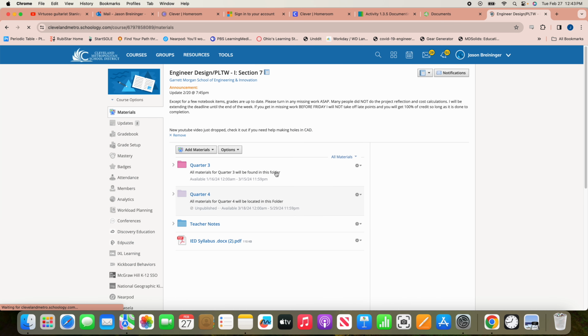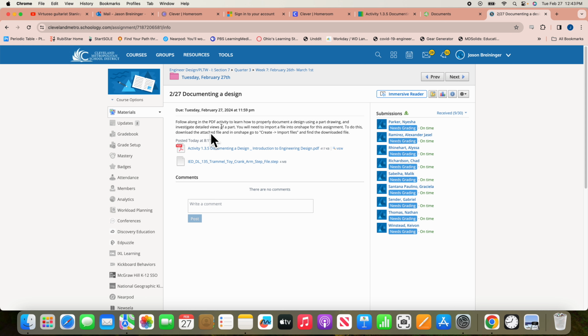So in this video I'm going to be going over activity 1.3.5, which is in here. It's called documenting and design. And what we're going to do with this one is look at what a title block is and create a part drawing with a detailed view of this Trammell crank